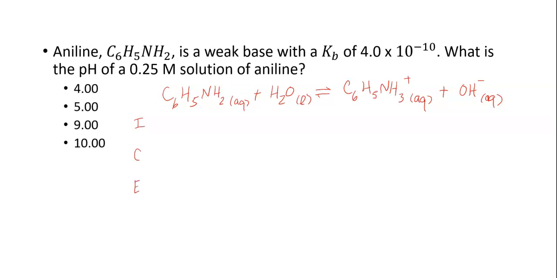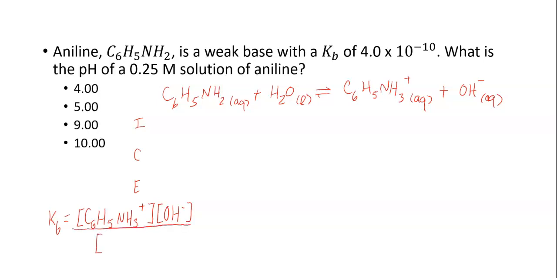All right, and then let's write our Kb expression. Kb is equal to the concentration of C6H5NH3+ times the concentration of OH-